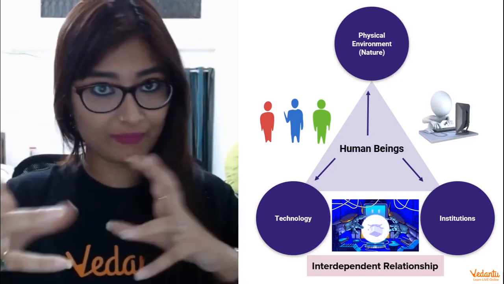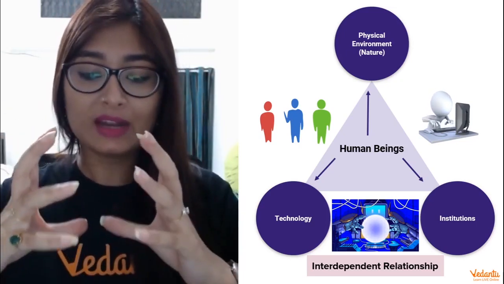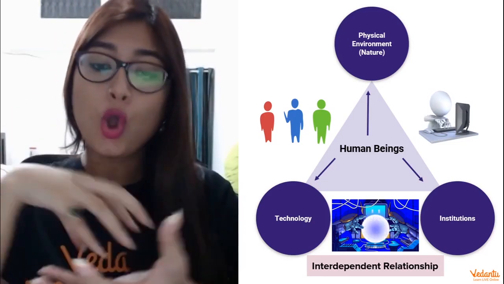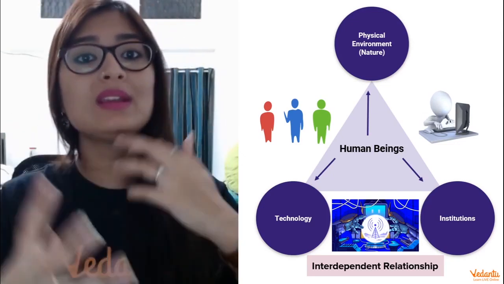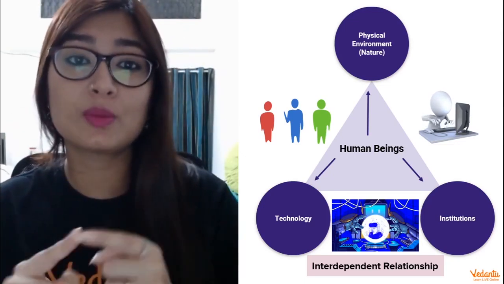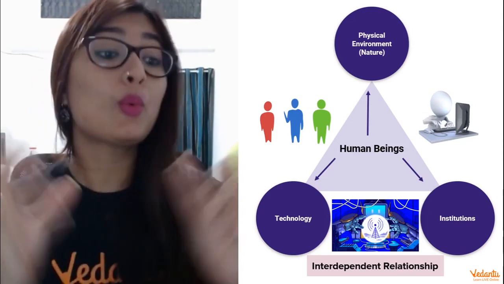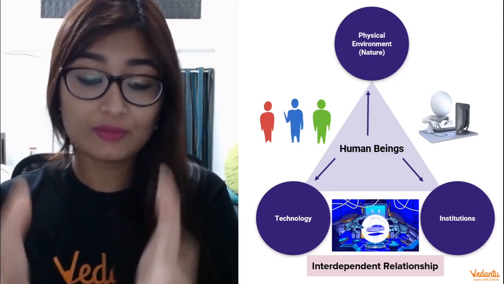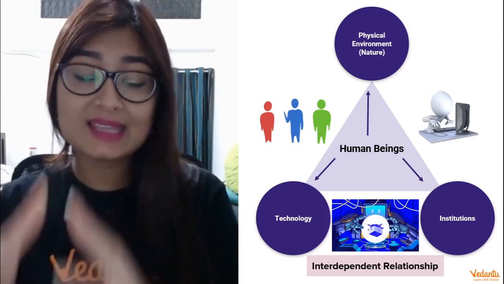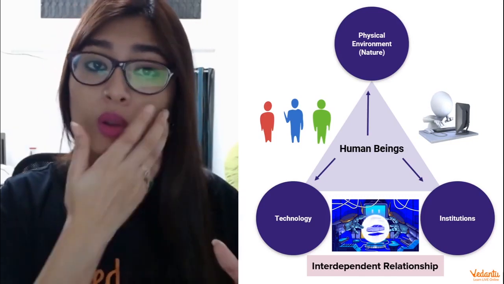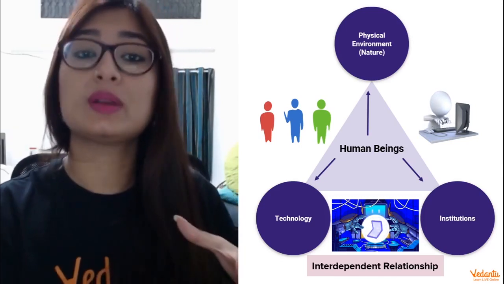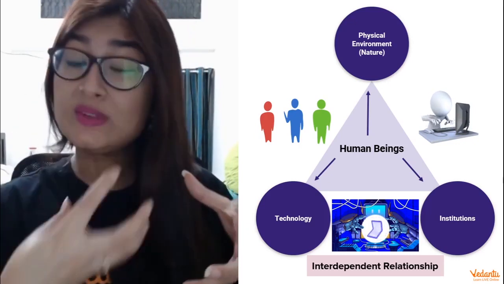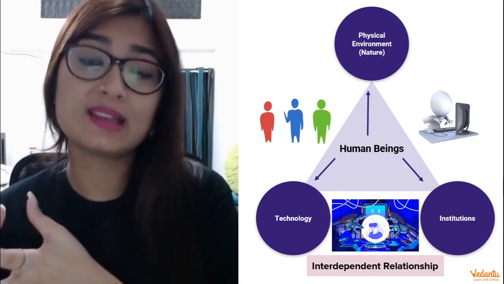So now this is a very interesting fact, that we have to transform these materials into something that can be used by us. And this entire process has a very interesting interdependent relationship between every component. Now, what are these components? Of course, it's the physical environment, which is nature, from where we are extracting the resource. But at the same time, we have technology. Technology is making it accessible to us. It's helping us to access it and transform it so that it becomes usable for us. And then there are the institutions that we are setting up.